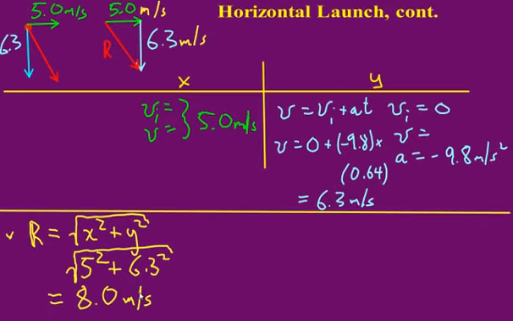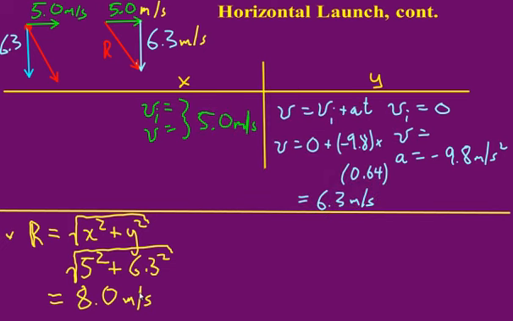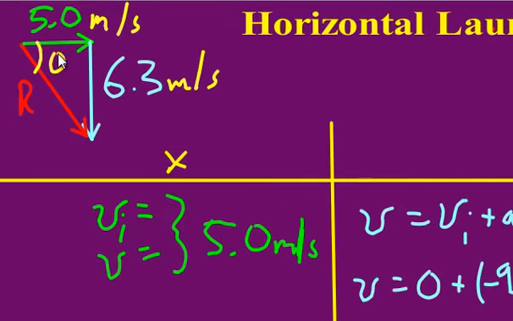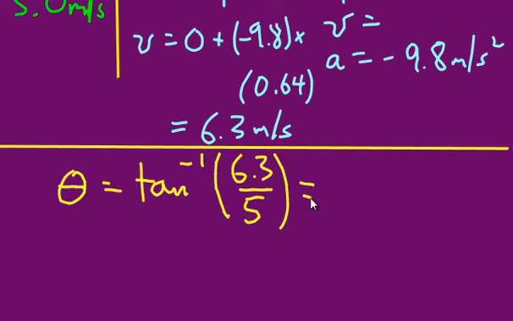Remember that when this marble hits the ground, it hits it at an angle. So the last thing you want to be able to do is determine the direction of the marble when it hits the ground. For that we're just going to use the old inverse tan trick. We're going to give our angle with respect to the horizontal. If you look at this triangle up here, we're talking about this angle right there. That's the angle with respect to the horizontal. So to find that angle, you just use that nifty inverse tan trick: the opposite side, 6.3, over the adjacent side. And when you put that in a calculator, you get